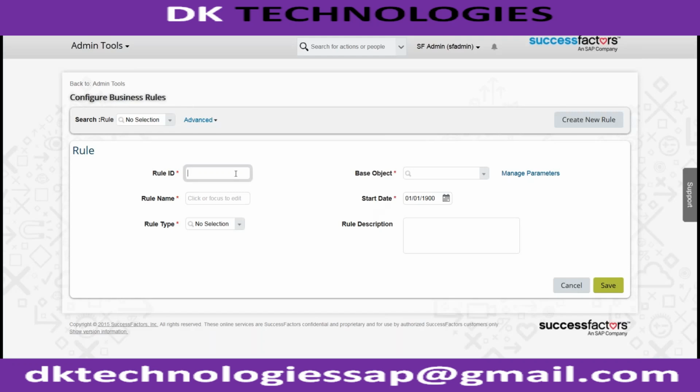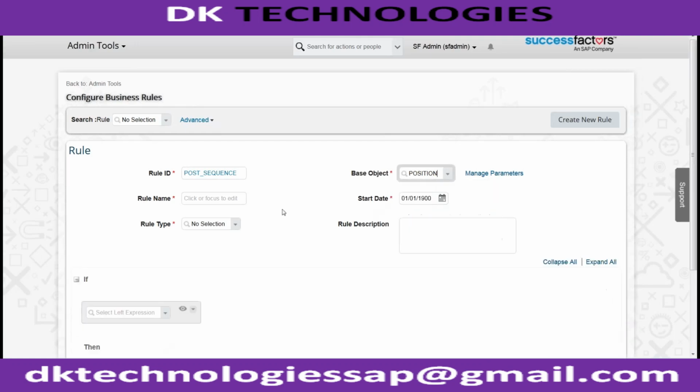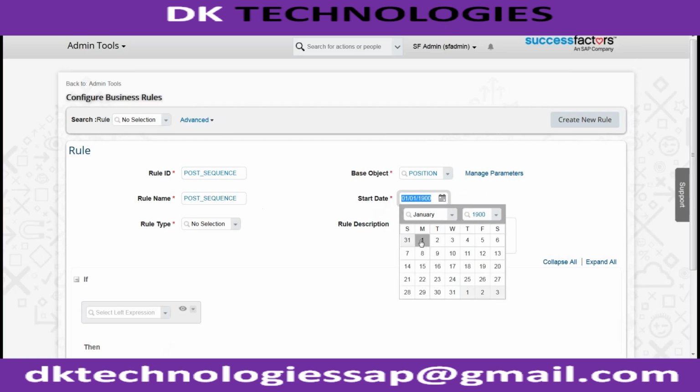And what you are going to do is create a new rule. What is the rule ID that you are interested in keeping here? The rule ID is going to be, say, position sequence number. And we are writing the rule on the position object, guys. Remember that. This is going to be very important, guys. Position object, yes. And the rule name, the position something, guys, it is mandatory to give, but anything you can just go ahead and give, guys. Not an issue. And it is going to be effective starting from